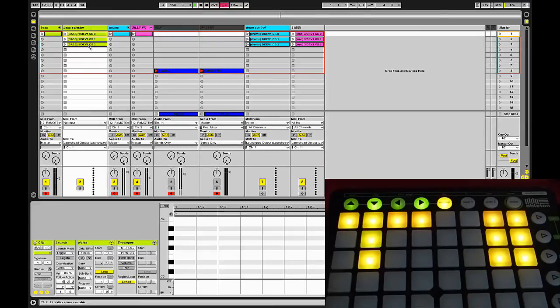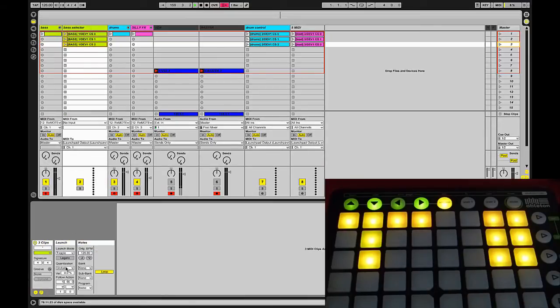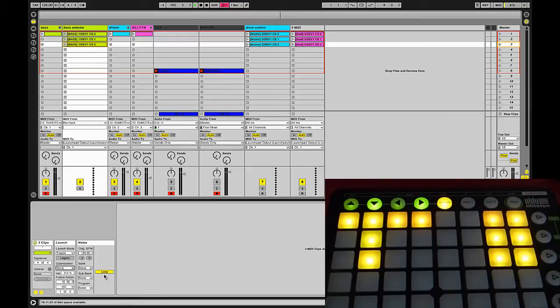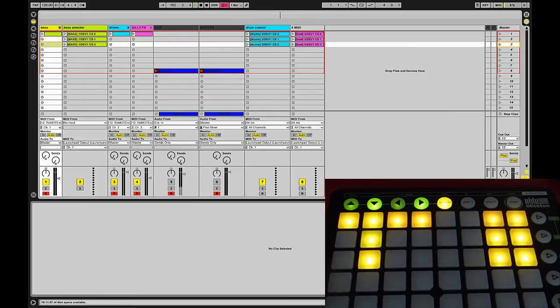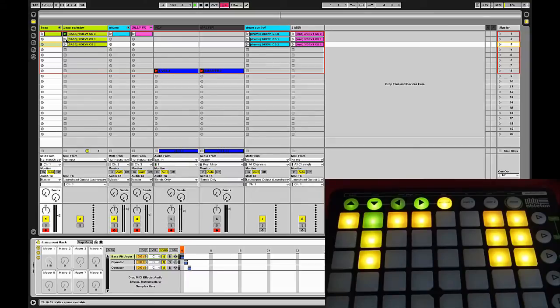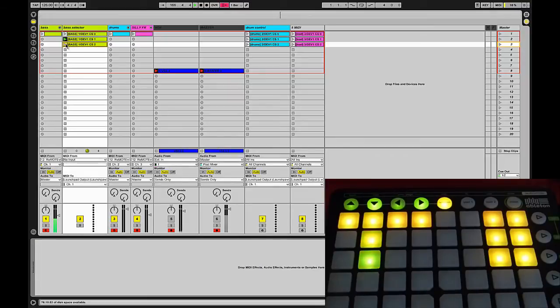On these clips, one thing to do is just to put the quantization to none, make sure loop is on, and I prefer them to be in toggle. So now when these clips are launched, because there's no quantization, if you look down here, that sound